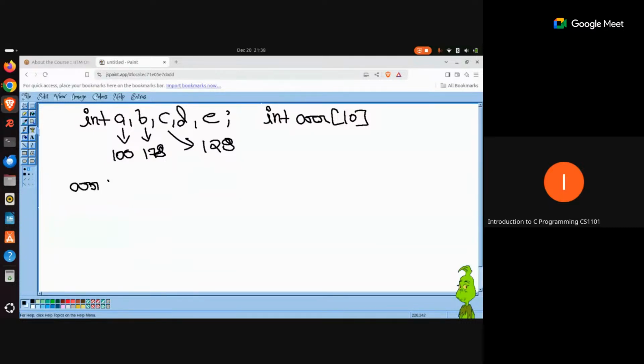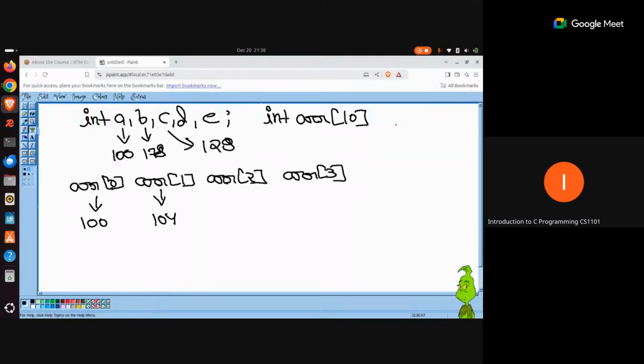That means ARR0, ARR1, ARR2, okay, I'll just go up to ARR3. Now, if this ARR0 got the memory address 100, then it is certain that this ARR1 is going to get the memory address 104, if we are assuming that the size of an integer is 4 bytes.